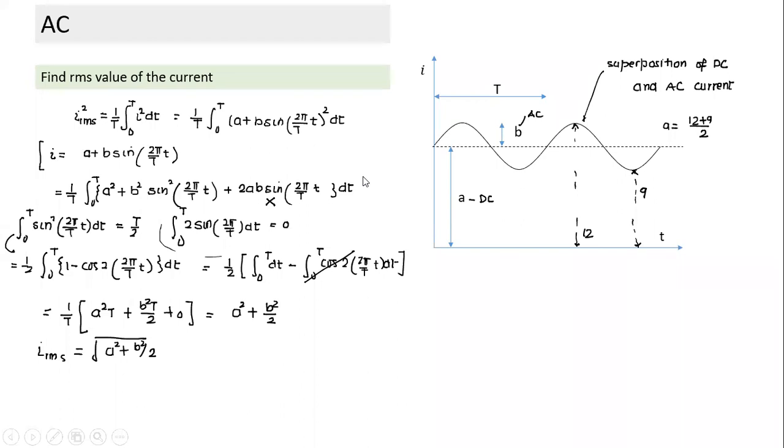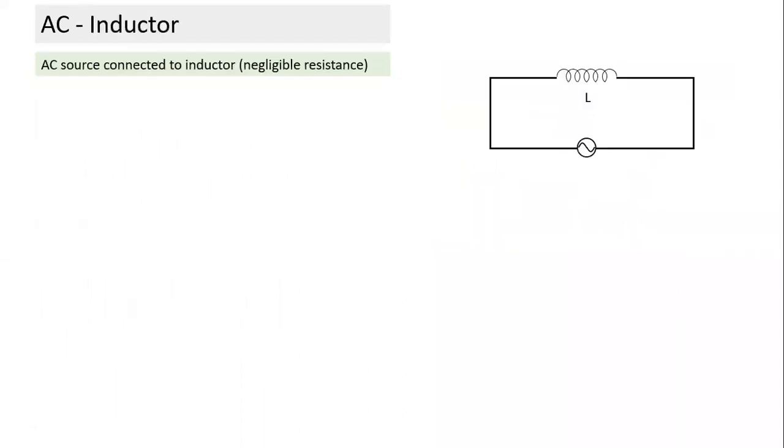Okay, that's a simple way we can solve. So we'll do one more thing today. So far, what we have done is one AC source connected to a resistance. Now what would happen when an AC source is connected to an inductor? We'll do one by one. One is resistor connected, inductor connected, and then capacitor connected. Then two of them are connected, then all three are connected in series.